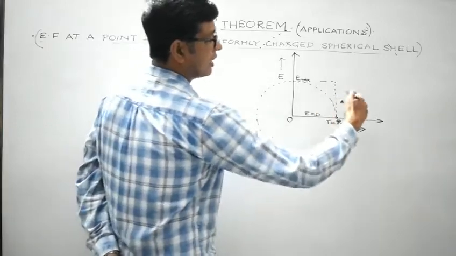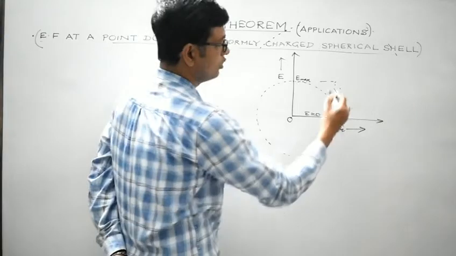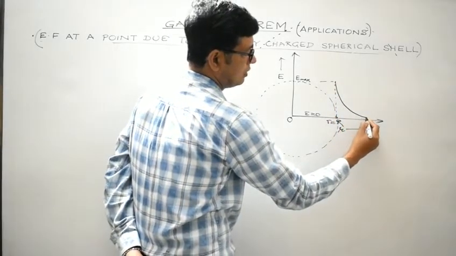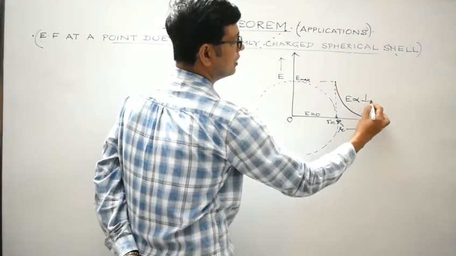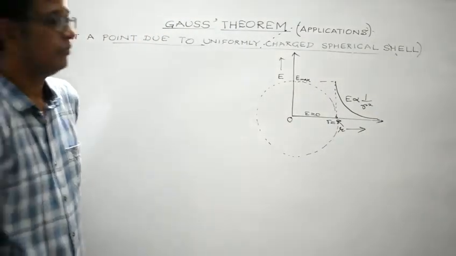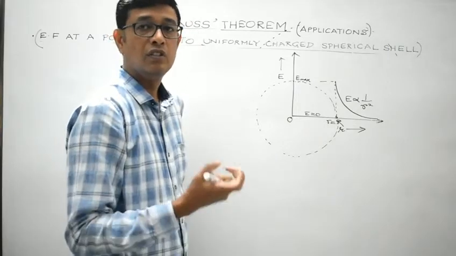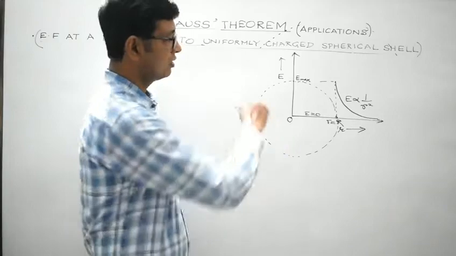And thereafter, at a point outside the uniformly charged spherical shell, it obeys the inverse square law, so the graph would be somewhat like this. At a point outside, electric field varies in this particular manner. So this represents the variation of electric field with distance r in the case of a uniformly charged spherical shell. So this graph illustrates